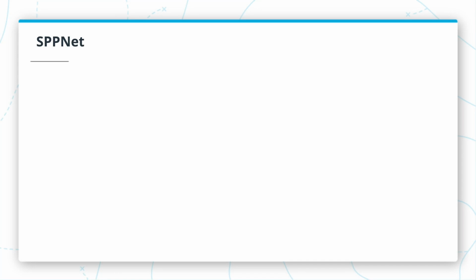Before we tackle the second iteration of the RCNN models, I wanted to mention another architecture called SPPNet. SPP stands for Spatial Pyramid Pooling. The main contribution of SPPNet to the object detection task is the ability to remove the resizing step of the RCNN architecture, and by doing so, reducing the cost of computation.